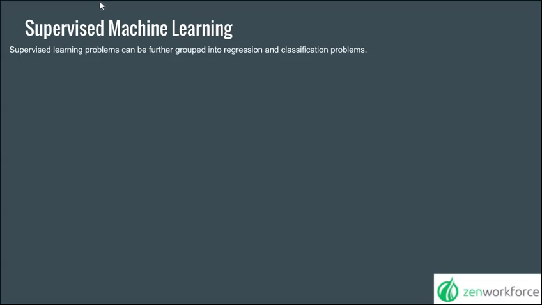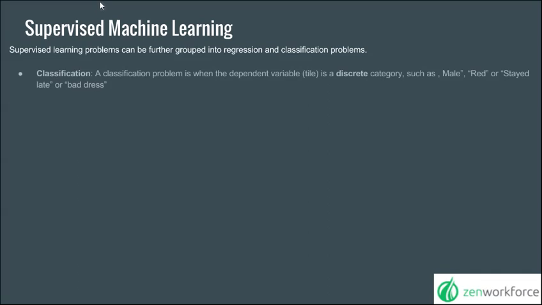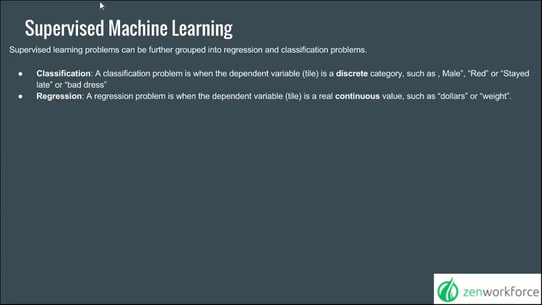That's what we mean by discrete when we're talking about a classification problem. But the second option is regression. And regression is interesting. A regression problem is when the tile is a real value, such as if the tile represented the number of dollars, or there was a weight associated with the tile in terms of importance or severity. So those are our two main forms of supervised machine learning: